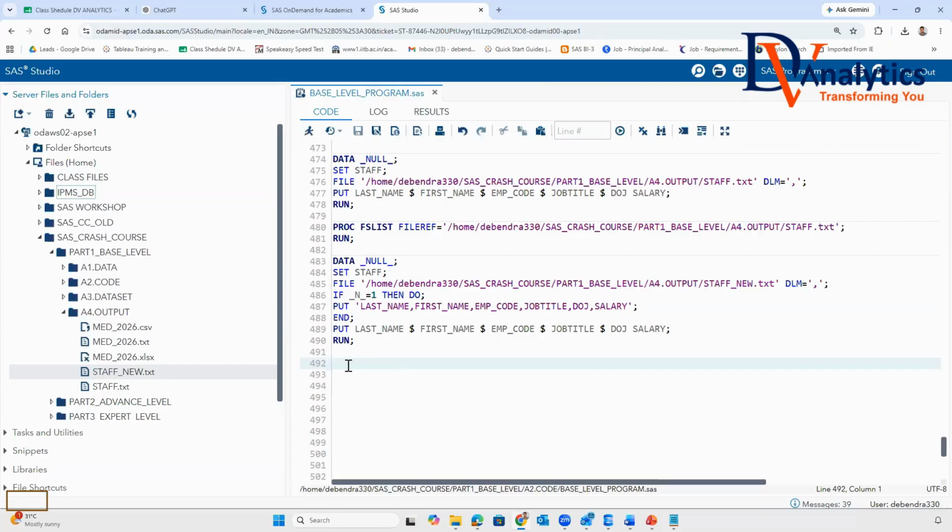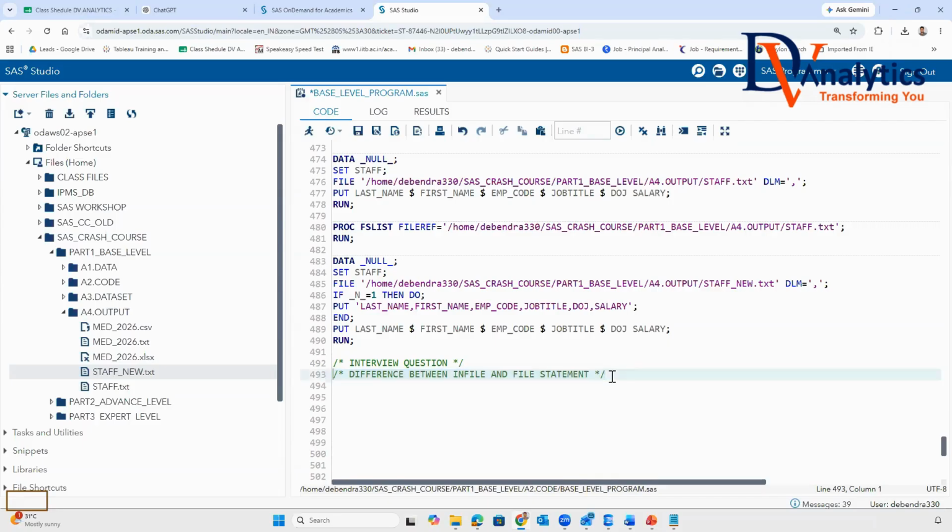So, interview question: difference between infile and file statement.